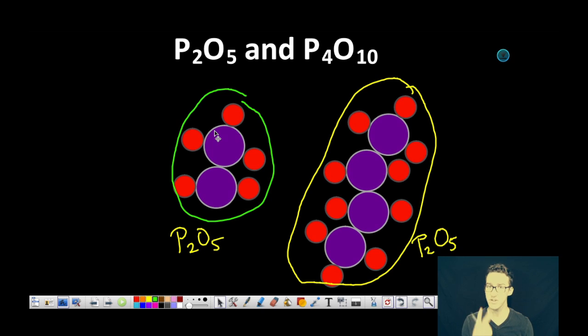Side note, just a visual representation of these 2 different compounds. So haters gonna hate, but